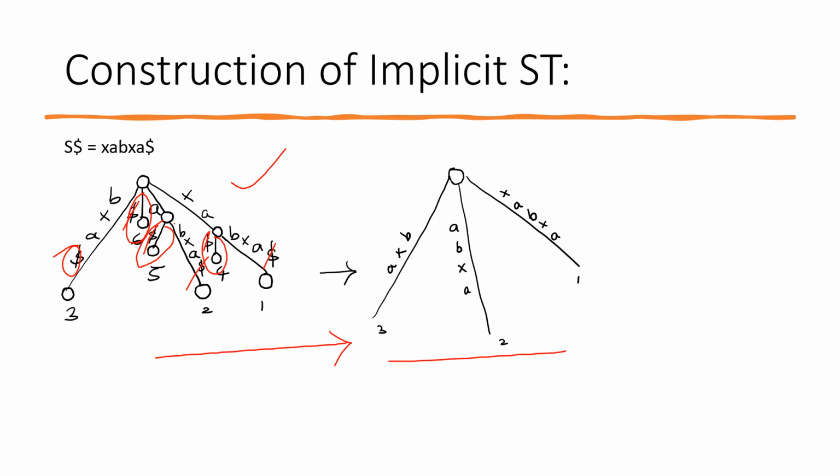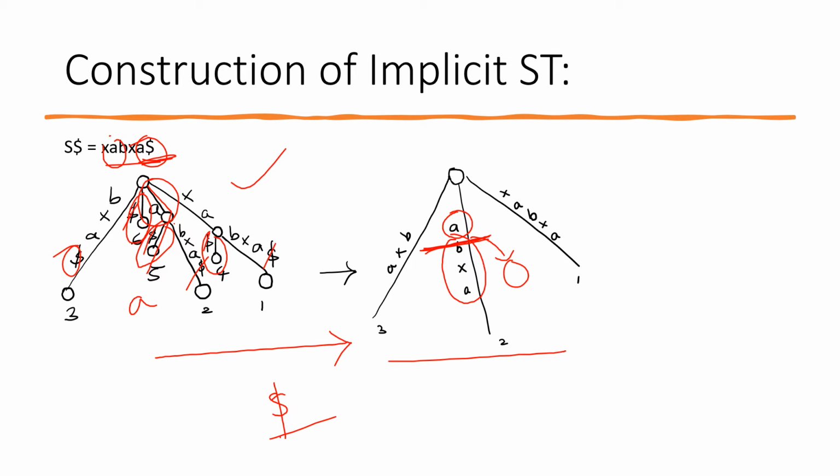To avoid this kind of issue, we add a dollar, a terminating symbol, so that we get the suffixes of everything. Here we can see that a is a prefix of a suffix, so bxa. To get the suffix a for a given string, if we have only the suffix a, it will not reach a leaf; there is no way it can reach the leaf. To avoid such things, we add the terminating symbol. Then we can get the suffix a: a dollar gives us the suffix a, this one.